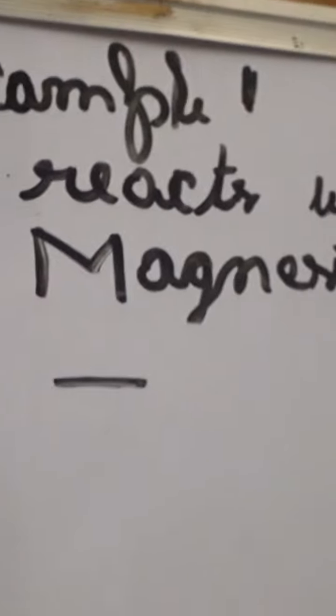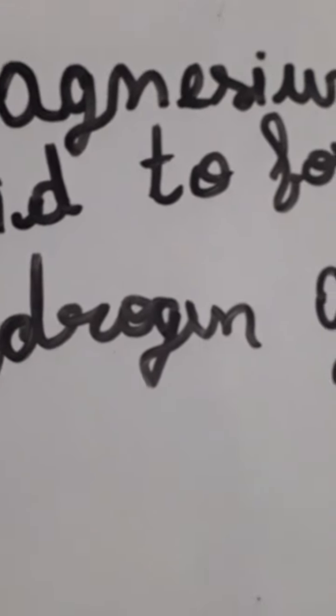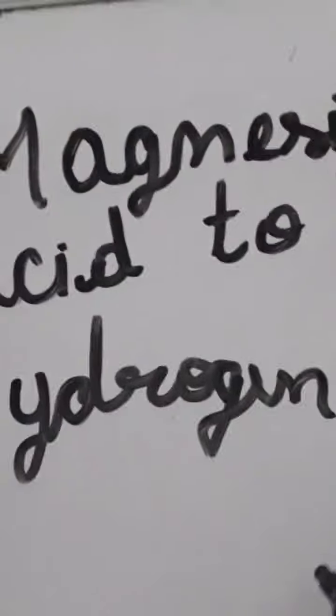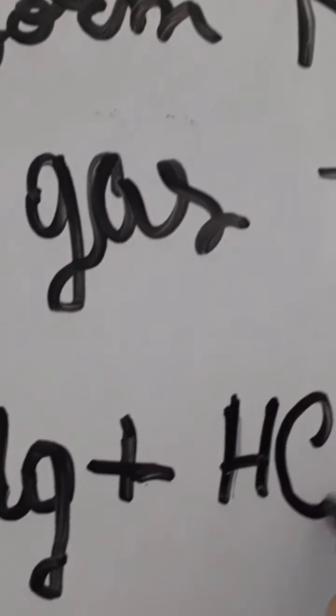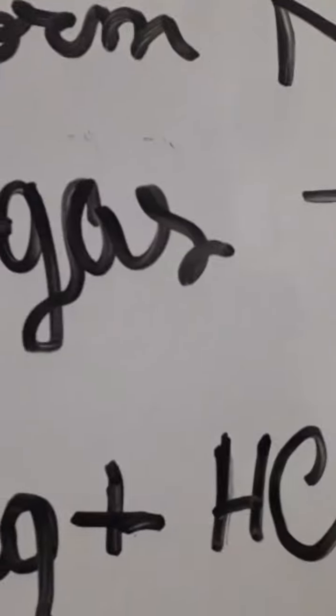Magnesium reacts with hydrochloric acid to form magnesium chloride and hydrogen gas. So firstly we need to equate it, means we need to form an equation. Symbol of magnesium is Mg. Reacts with means plus hydrochloric acid which is HCl gives MgCl, magnesium chloride. As there is chloride, its valency will be 2, MgCl2, plus hydrogen gas which is H2. So we can see now the equation is formed.